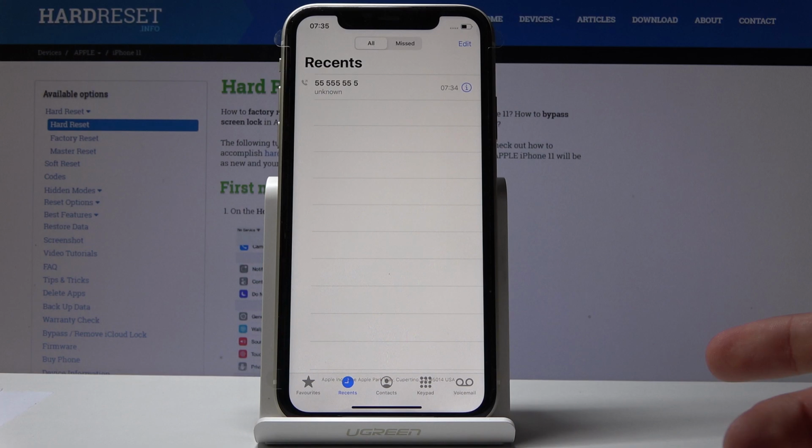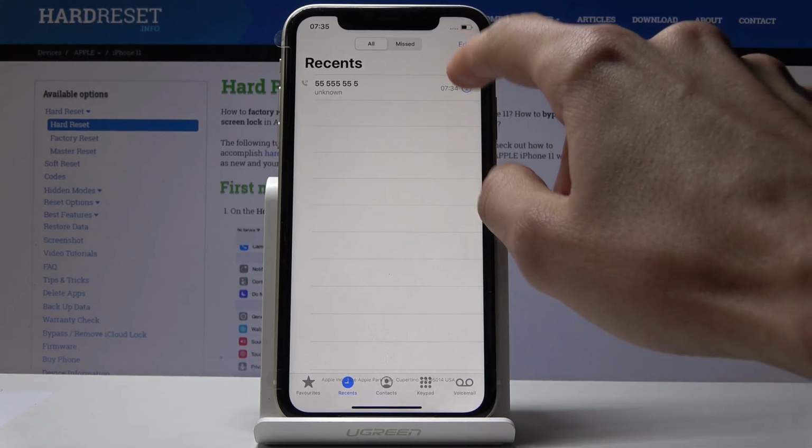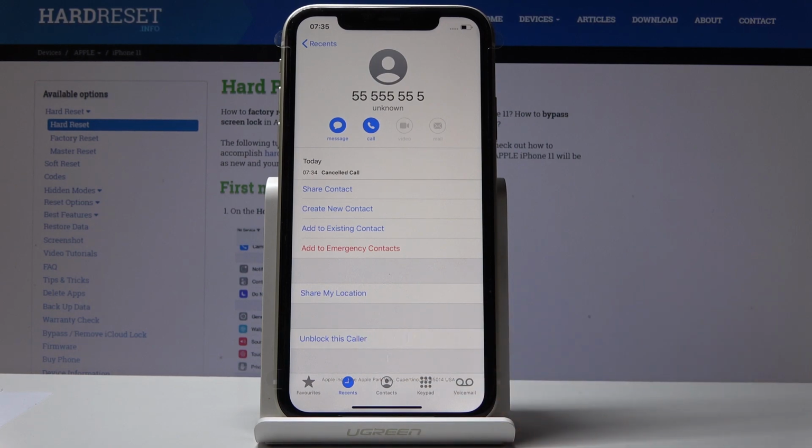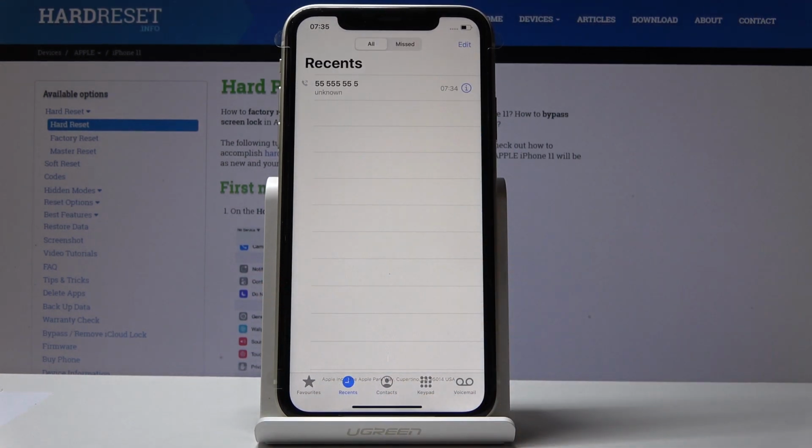Now if you want to unblock it, you can always find this number and go basically the same way, but instead of tapping on block, you will now have unblock this caller. All you need to do is just press it and it goes back, as you can see. So that is how you would add a number to Blacklist, and if you found this very helpful, don't forget